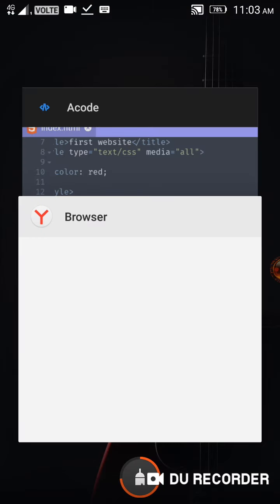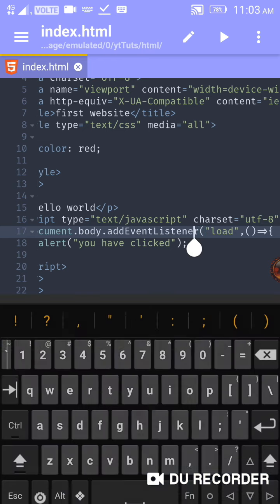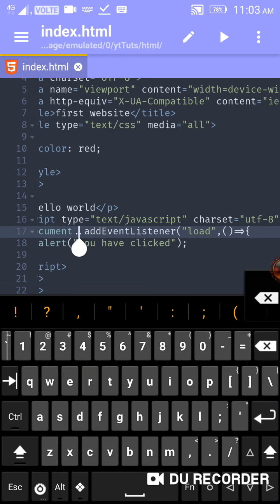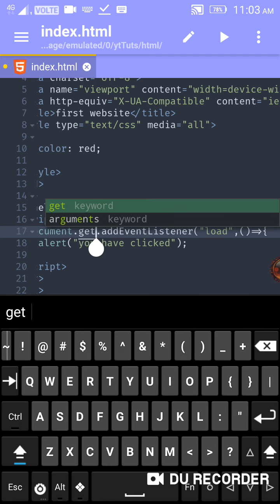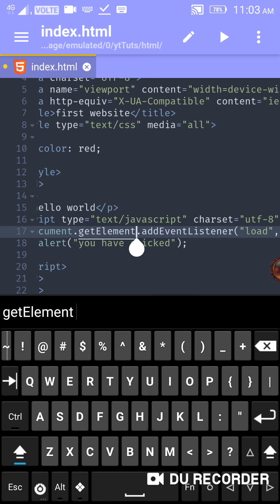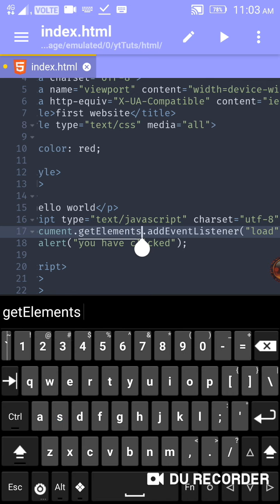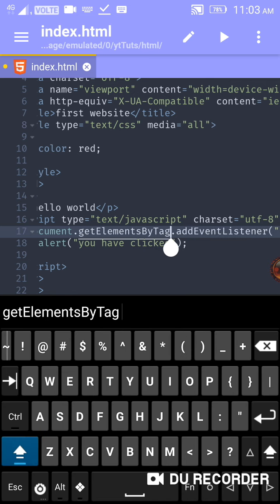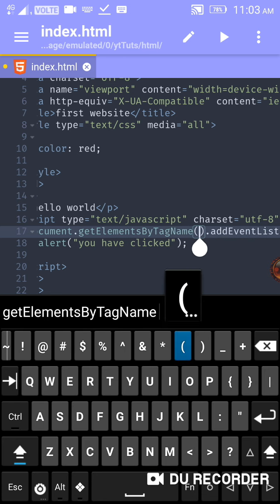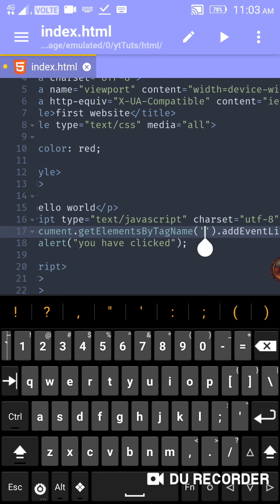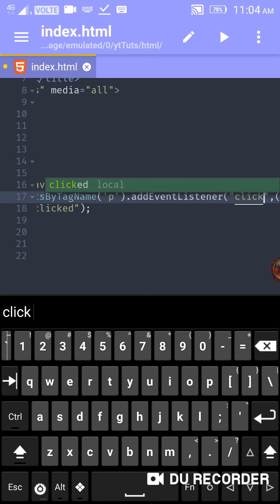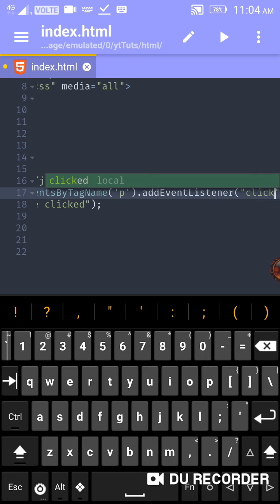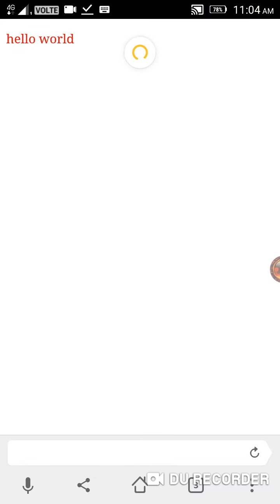It is not happening. We are just going to target with get elements by tag name. Just name it, as it is a function. I want the paragraph tag. Then I'm not going to make it load here, I'm just going to make it click. Now if I click this part here, you can see,